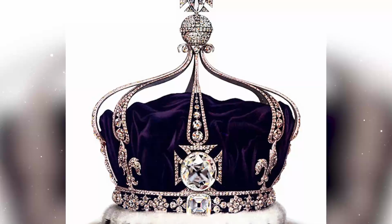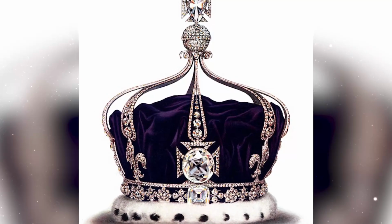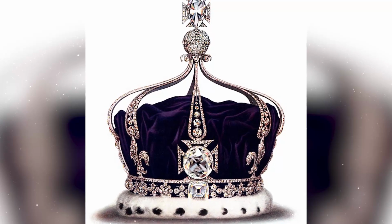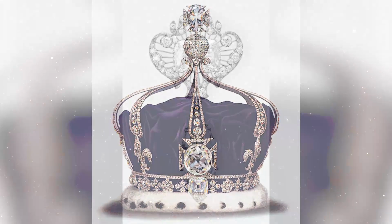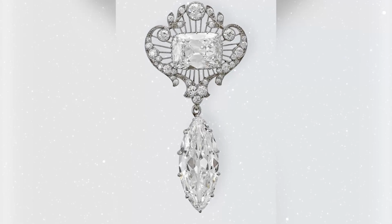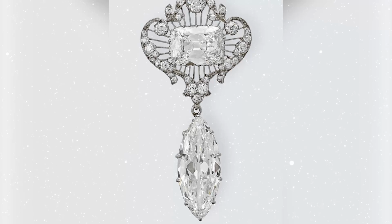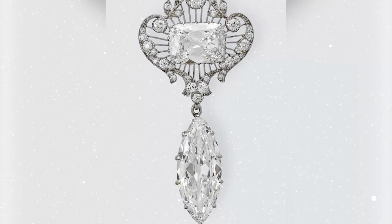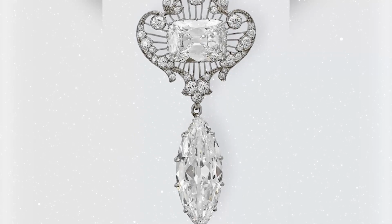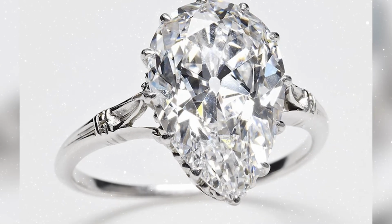Hello. Have you ever wondered what secrets lie hidden within the jewels that have sparkled at coronations, state receptions, and legendary weddings? Today we embark on a captivating journey through the history of unique jewellery creations crafted by the legendary House of Garrard for the British royal family. Prepare to witness not just ornaments, but testaments to eras, symbols of power and love, whose history is as enthralling